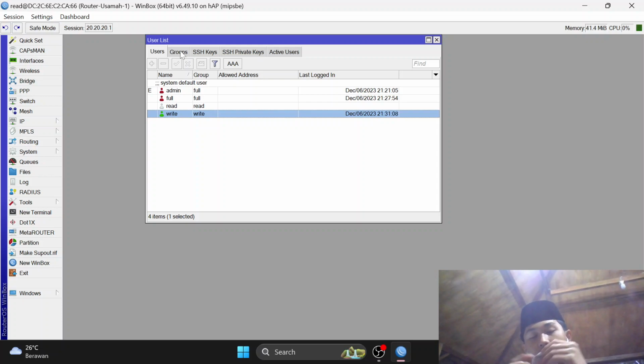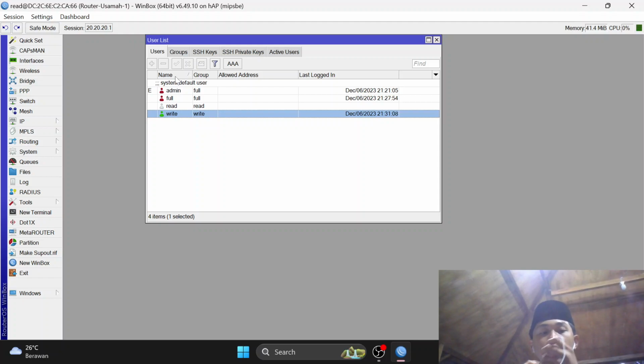For the conclusion, user type full has all the rights, or all the policies, so it can configure all of the configuration in this router. It can add new users to this MikroTik. And user type write has almost all policies or all rights for this MikroTik.